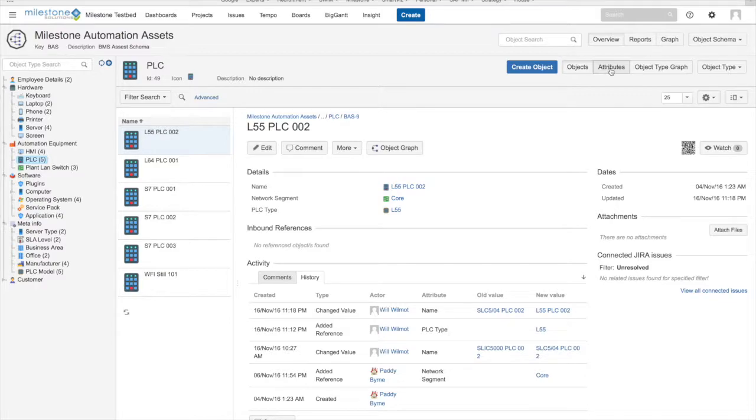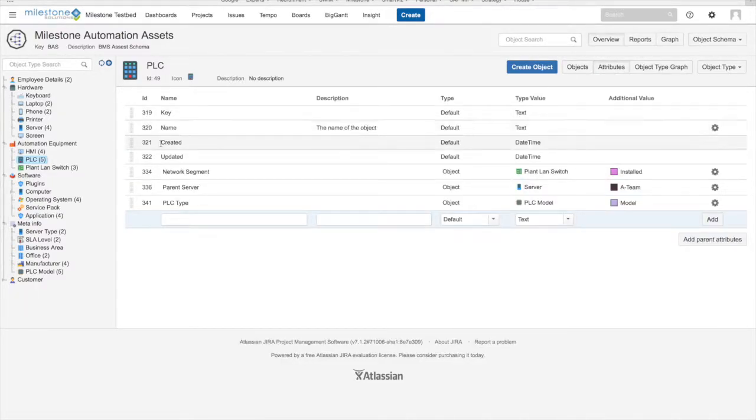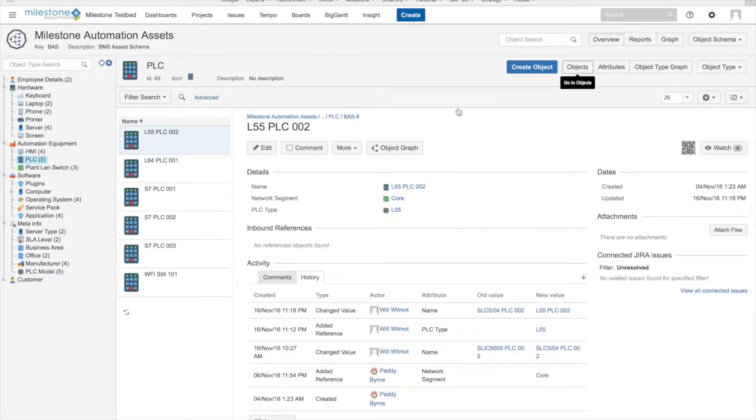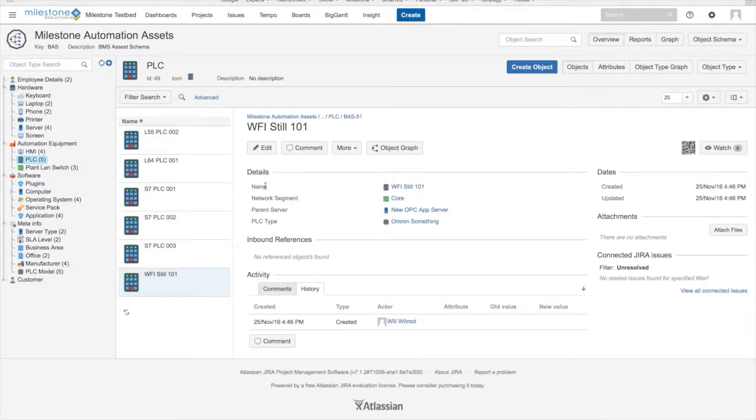So what you can do here is in attributes, I've got administrative access, so I can go in here and create that. So let's say I want to just create a firmware version. Okay, and I'm just going to leave it as a default text. I'm not going to get fancy about referring to anything. Okay, so now once I do that, I can come in here and edit